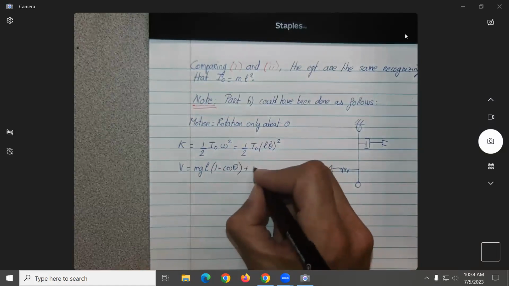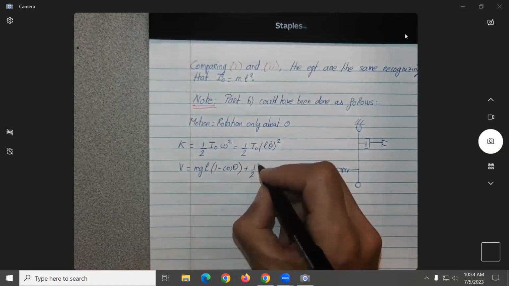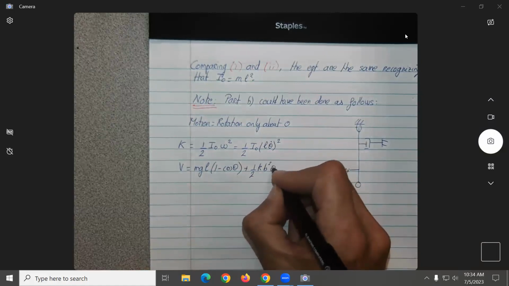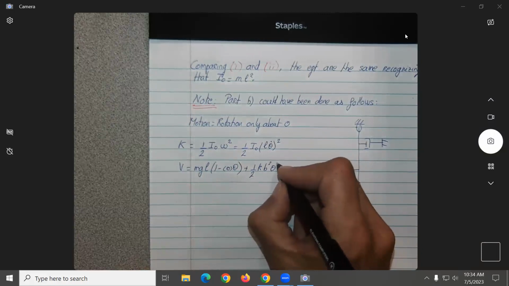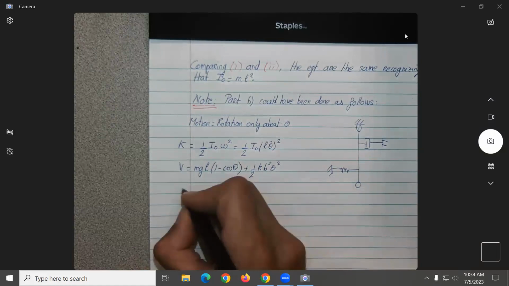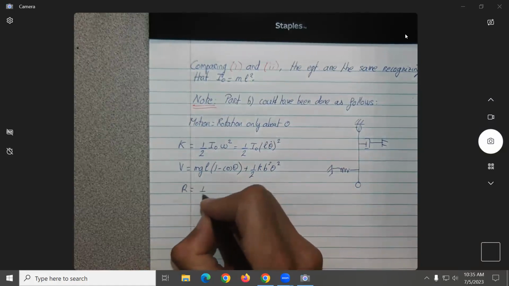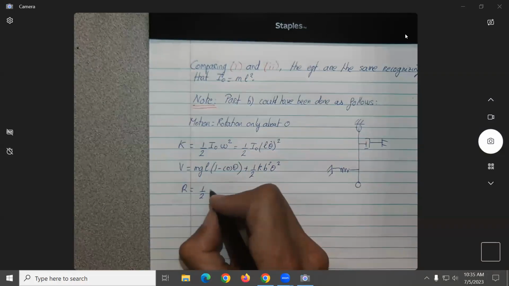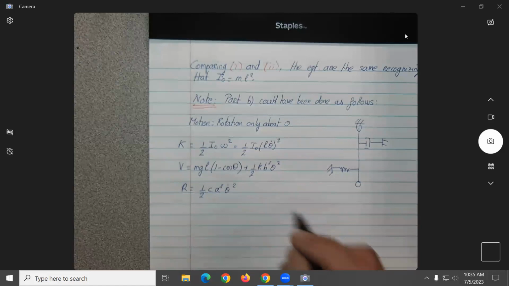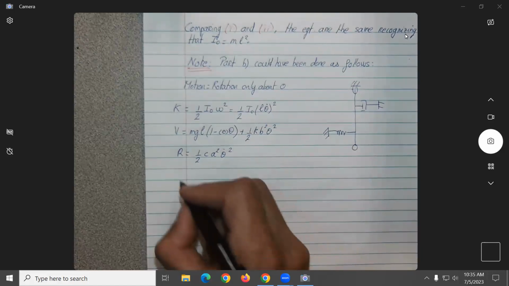We'll have mgL(1 minus cosine theta) plus 1/2 K B squared. If I do the simplification, this one now will be X, and the R will also be unchanged, 1/2 C A squared theta dot dot. Okay, and if you substitute